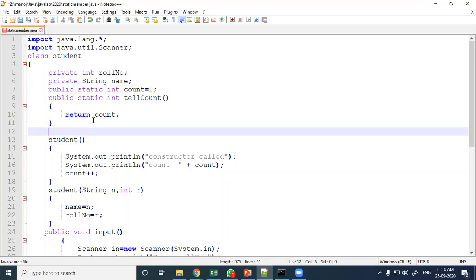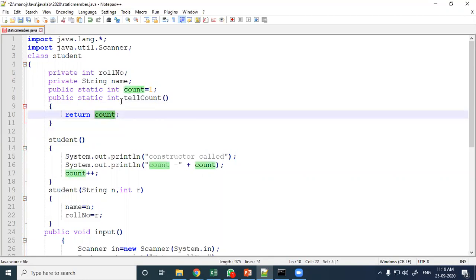Here I am returning the static value. The return type is int, so count is an integer, and I am returning an integer.